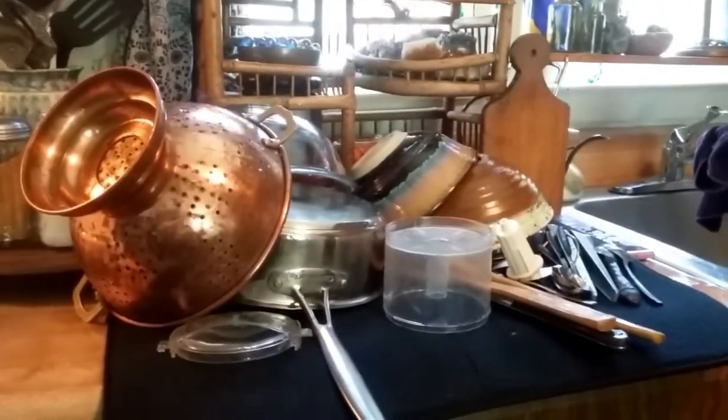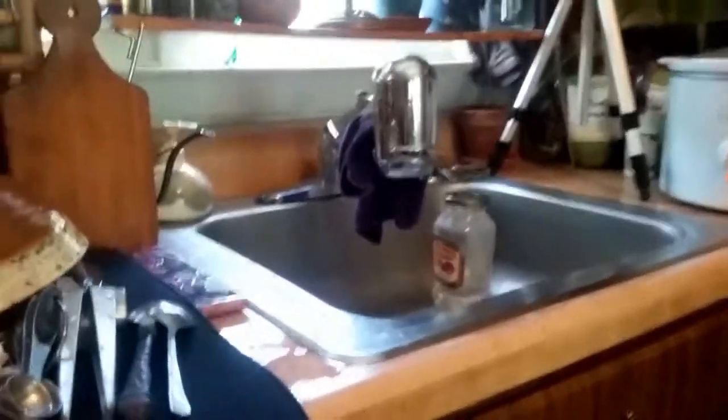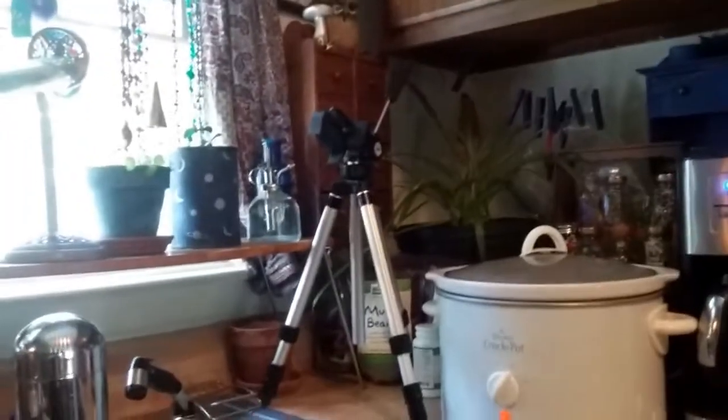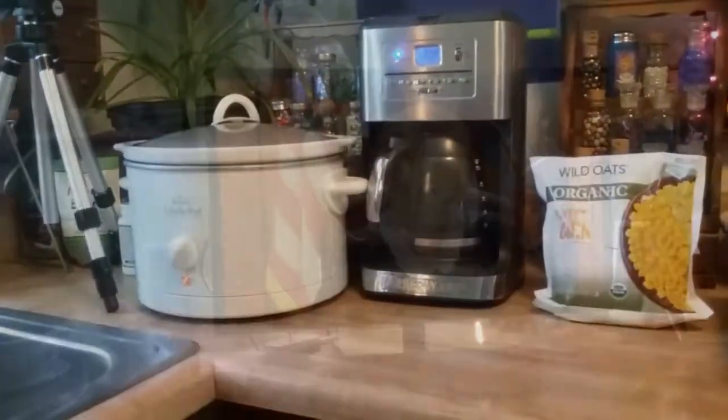All cleaned up. Stove is clean. I'm soaking that jar to get the label off. Chili's cooking. Tripod's still standing there. Corn's waiting to go in. I'm going to have a cup of coffee and do some...